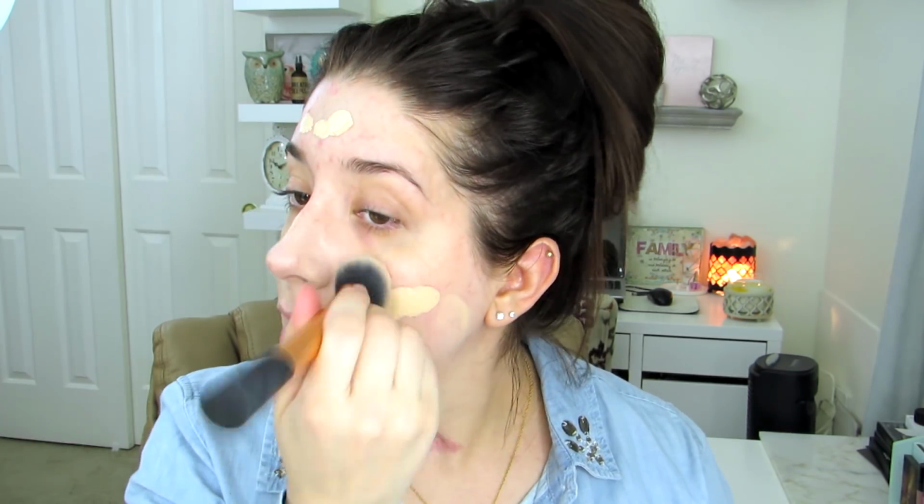Oh, I think I'm applying too much of this today. I just have a heavy hand today. There's just days like that. You have them too, I'm sure, where you just go crazy. So I wet my beauty blender before. I'll use that to take away any of the excess. But what I've been doing is buffing it into the skin, patting it in the areas where I need some more coverage, like around my acne marks, like in here and things like that. But buffing it over the larger areas,